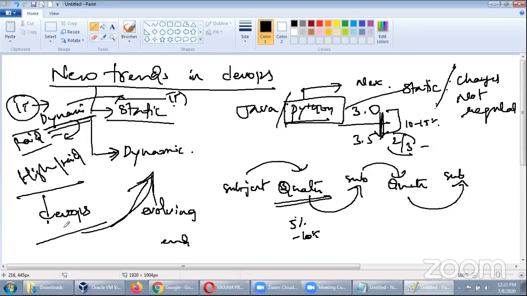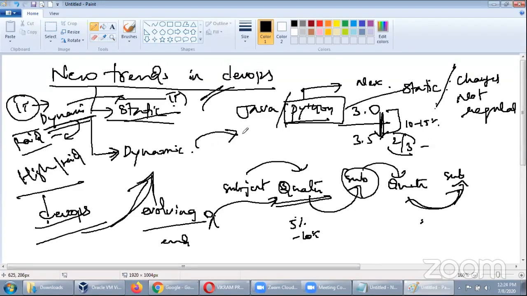So in DevOps, don't think that it is static. You have to evolve every day. Every quarter, some changes will be there, so you need to update your knowledge and keep moving. This is how we have the new trends. Now, currently, most of the companies are working for the next 8 to 10 years.